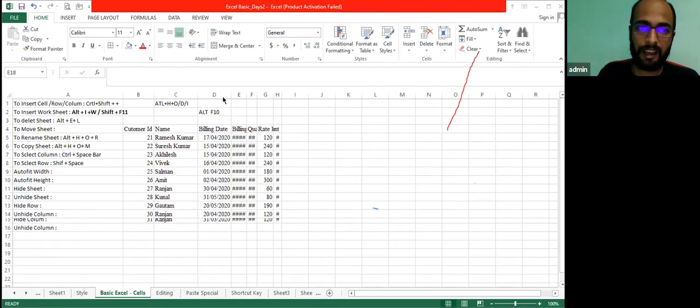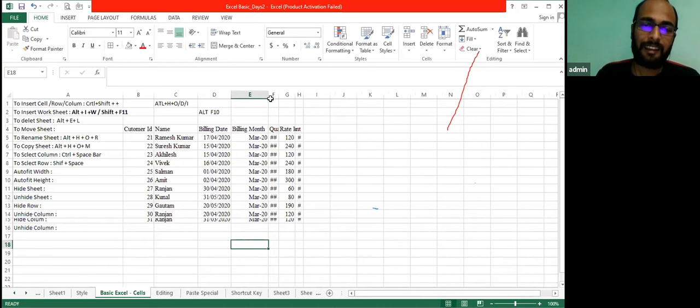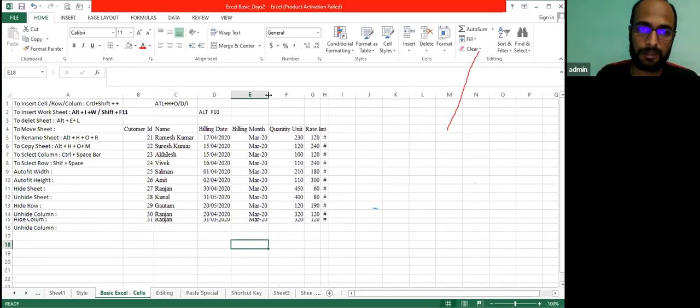So let's move to the next command. I hope the two ways of doing AutoFit for column are clear. The last option we have is the shortcut key.